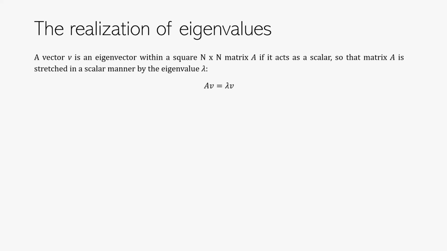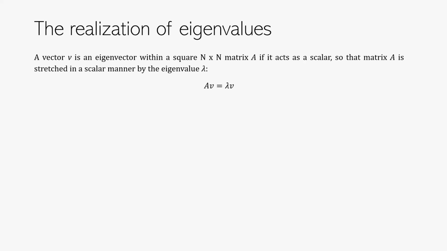So now we can find out how eigenvalues are realized. We'll start with a square n by n matrix with an orthonormal basis. That is, all values in the matrix are linearly independent unit vectors. A vector V is an eigenvector within a square n by n matrix called A if it acts as a